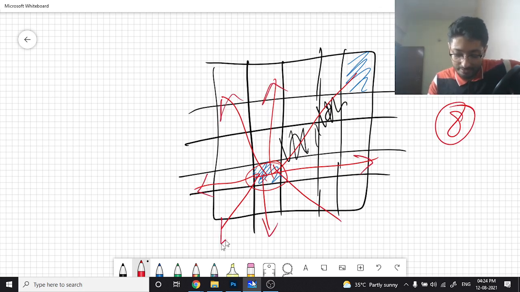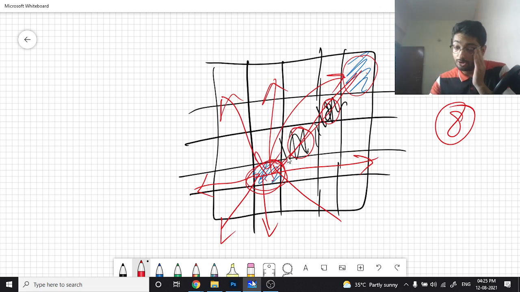How will you check that? This is one endpoint and the rest of the blocks in this line should be black, and then there should be one endpoint which is again white. This can also happen vice versa, that this is black and this is also black and the middle ones are white. So what you can simply check is, take the current point as a starting point and move in every possible direction one by one.